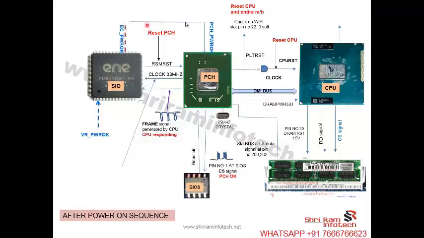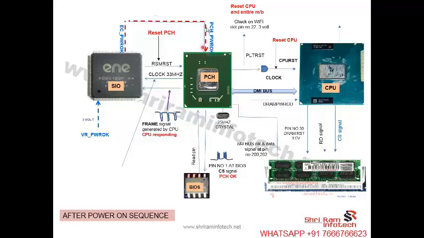is called EC power OK, or the system power OK, or PCH power OK. The EC power OK or the system power OK or the PCH power OK is the only one signal which SIO sends to the PCH, saying that the power supply, you told me the power supply which is going to turn on, that I have done my job and all power planes are OK now.